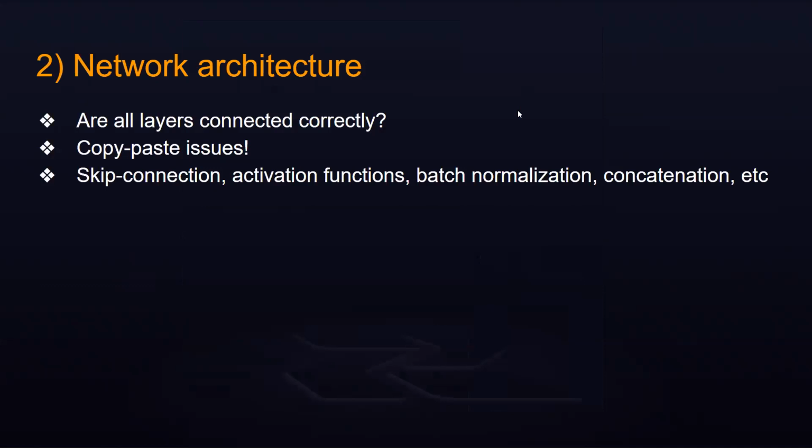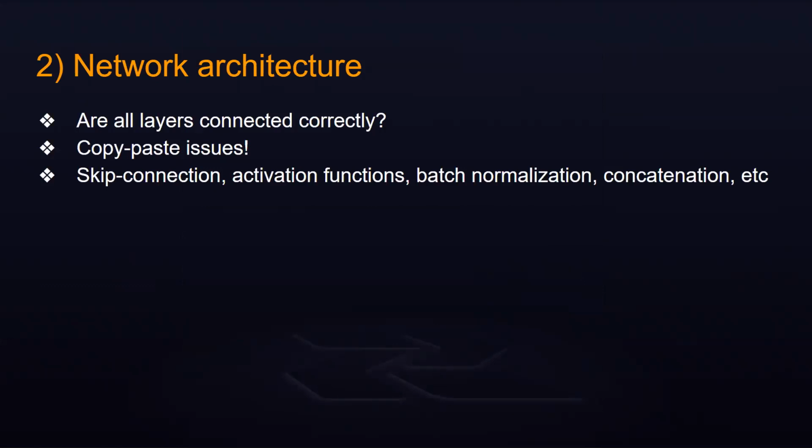The other aspect in neural networks, rather than the data, is the network architecture. When we are designing a network, we want to make sure that all layers are connected correctly, and we usually suffer from copy-paste issues. When we are implementing a network, we copy a layer and then paste it, and we forget to change all the